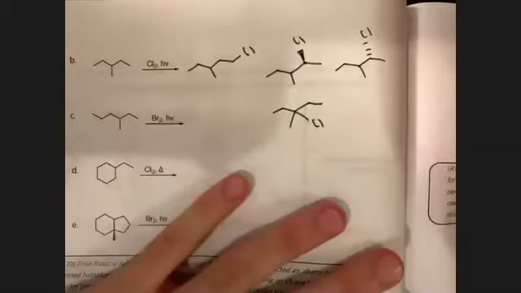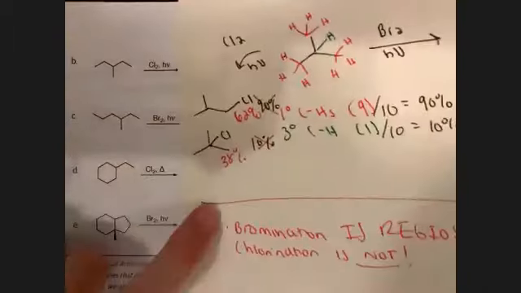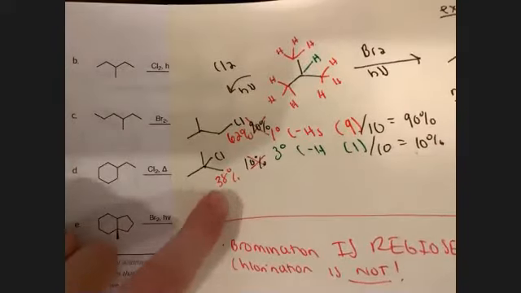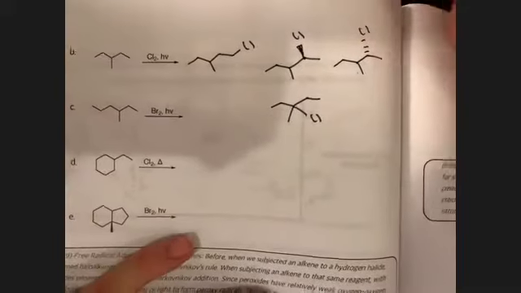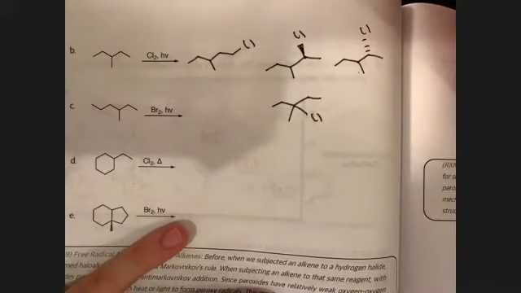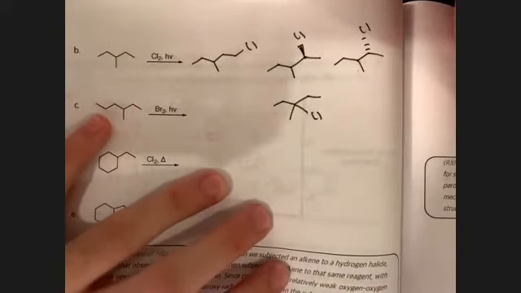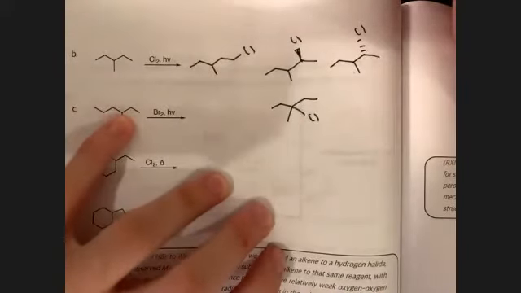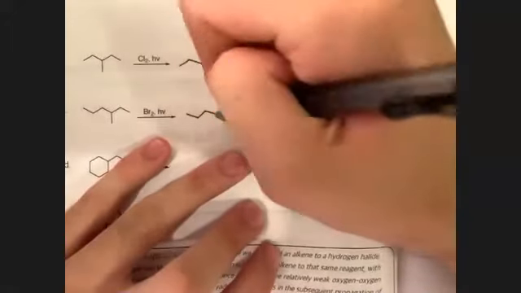Okay, so notice that any of these are possible based on our statistical yields that we saw before. Notice we saw 62% and 38%. So who's to say, yeah, it's a little bit less, but it still exists in solution. So we need to draw all of these. Okay, let's do bromination conditions again for part C. So we see that we have these primary and secondary carbons, but we have specifically one tertiary position right there. So we would expect, since this is 4 different substituents,